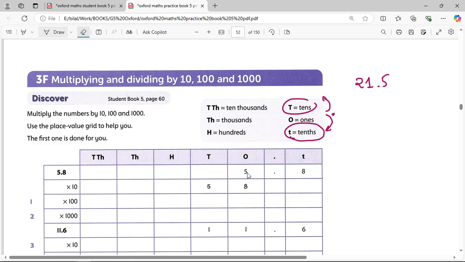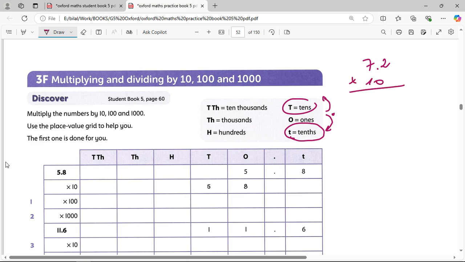Alright, this is the last question I'm going to do. I'm going to explain to you. If you multiply by 10, what's going to happen? Let's say you have any other number. Let's pick 7.2. If I multiply by 10,